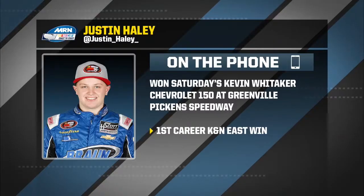Yeah, so I like how Greenville is such a rough track, and the characteristic of it is just so old, abrasive pavement. And the K&N series does a great job by breaking it down into two segments, and we just kind of used the first 75 laps as a judge to see how far I could really run the car, and I just ran it a little too hard there in the first 75 laps, and that gave me a really good idea for how I needed to be better than Kyle at the end of the last 75 laps. So we just conserved our tires a little better there at the last section of the race,